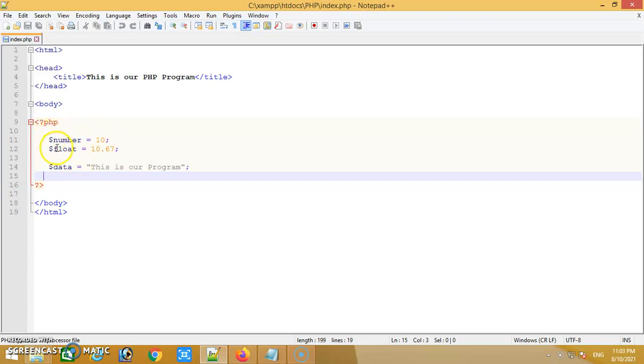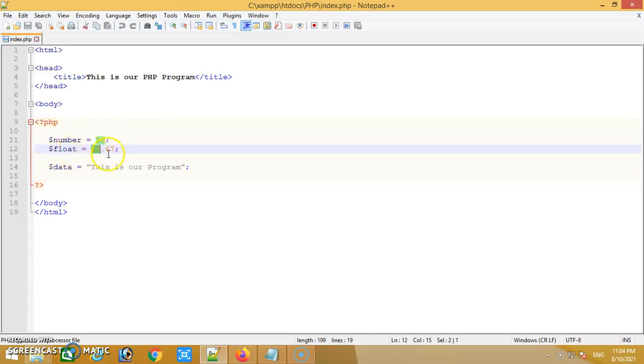This is the way to declare a PHP variable as well as initialize or assign the values at the same time. Now I'll show you how to display the value of these variables, so that we can check whether it is really stored in the variable or not.